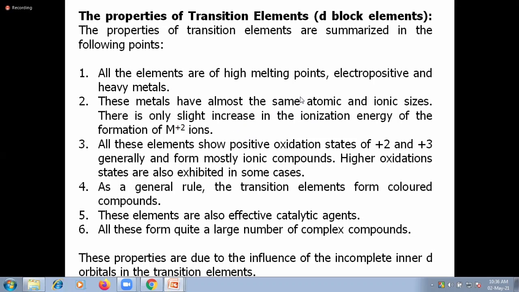We will come to these characteristics to explain how the metals have almost the same atomic size and ionic size, but other elements have different atomic size and ionic size. Okay, but if you know, we can recall